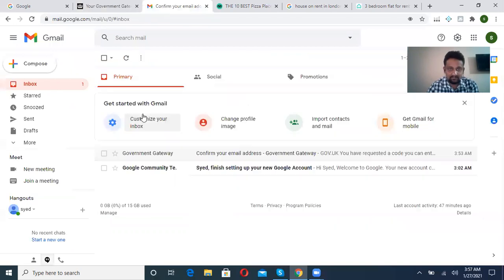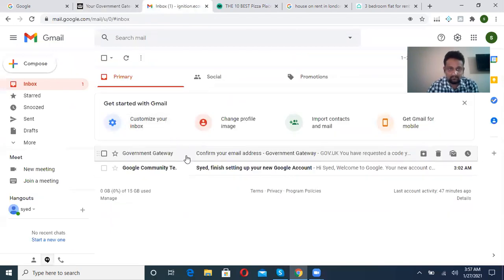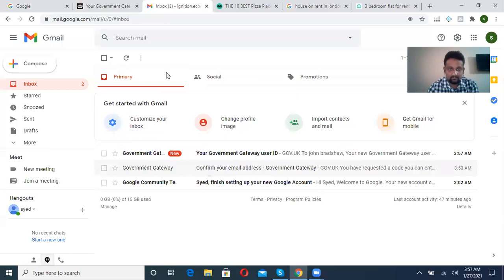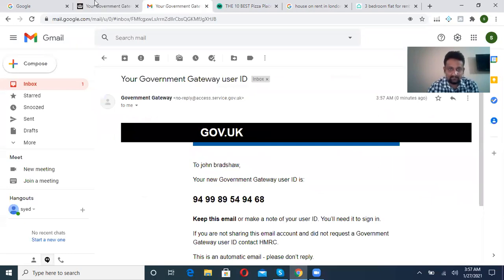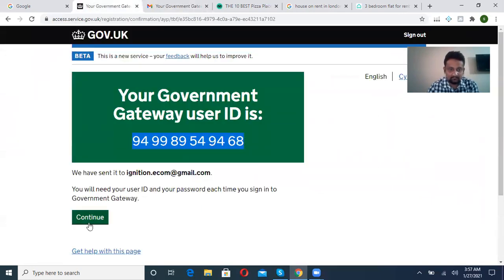You must receive an email. This is the email and this is your gateway user ID, right? Now continue.